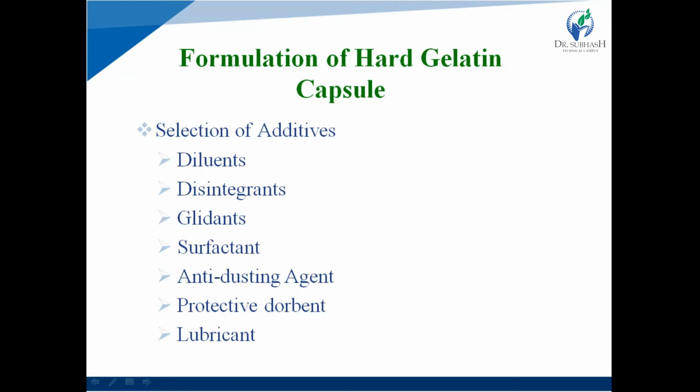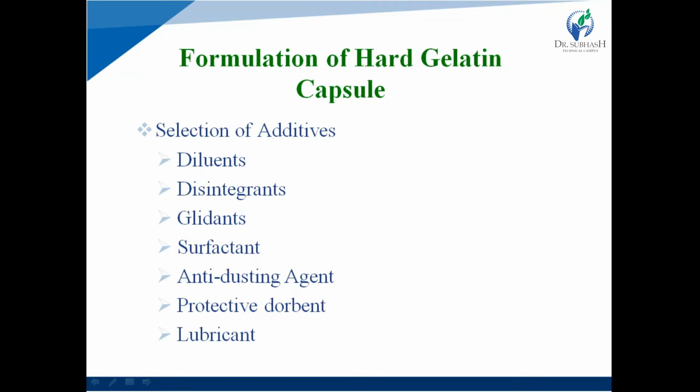First one, diluent. Role of diluent. These are also known as filler. When the bulk of the dose of a particular drug substance is too small to completely fill the smallest available capsule shell, diluents are added to the drug substance to produce the proper capsule fill volume. Other than providing bulk, diluents also provide cohesion to the powdered drug, and this is helpful while transferring the blend of drug into a capsule shell. Example of diluents like